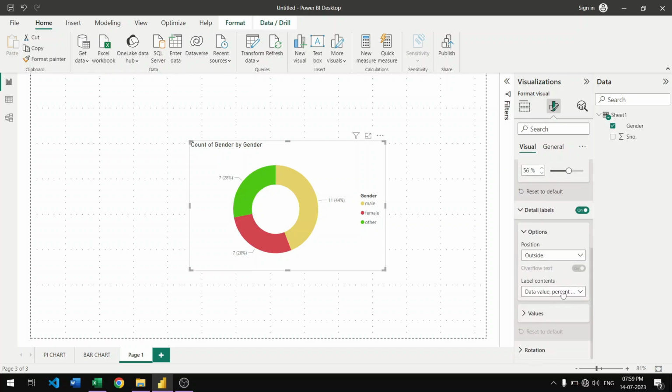We are clicking on the data value or percentage option. Just change it to all details. This also shows the name of the particular values, like male and